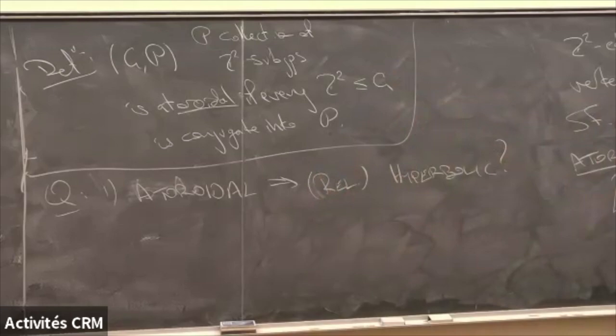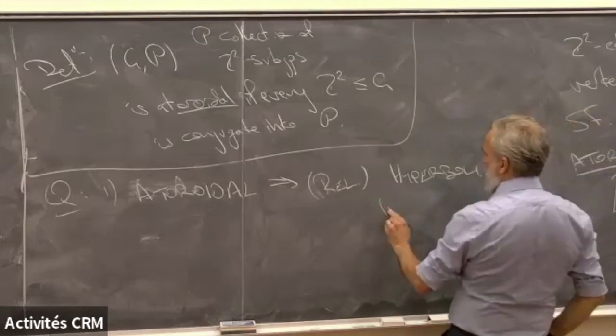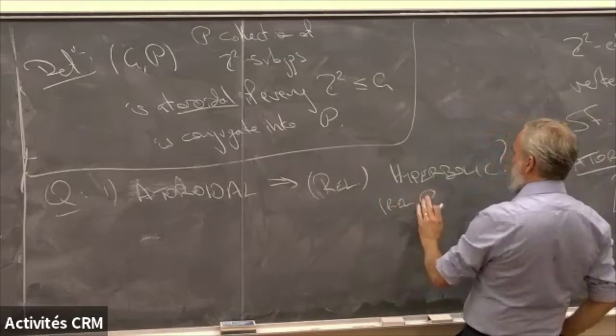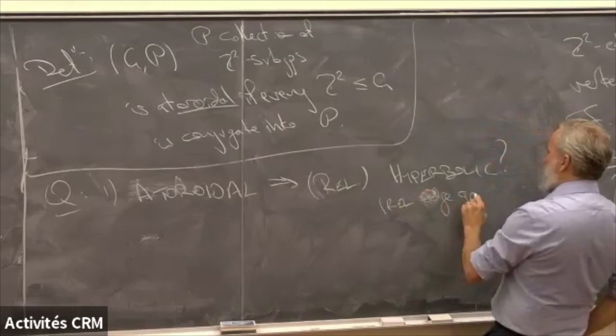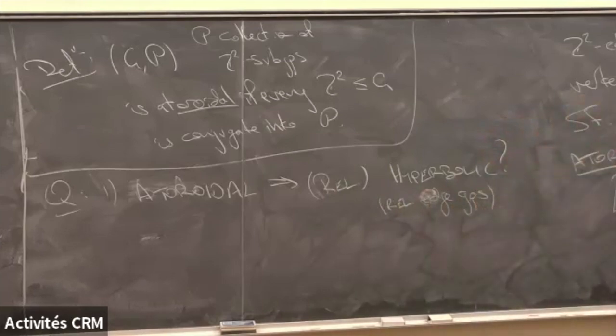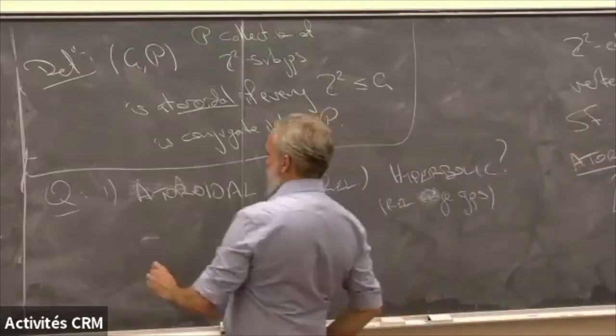If you have a vertex group of this graph of groups decomposition, and it is an atoroidal piece, is it a relatively hyperbolic group? Is there some geometric group theory geometry that you can associate to it? And to Dave's question, if the graph of groups was trivial, there would be no z squared subgroups because there'd be no edge groups, and then you'd be asking really, is it hyperbolic? So this is relatively hyperbolic, relative to this family of edge groups. Relatively hyperbolic groups come with a peripheral structure, and it should be these edge groups. If there are no edge groups, empty structure, hyperbolic group. So that's a conjecture that has nothing to do with the Cannon conjecture. It's sort of orthogonal to the Cannon conjecture.